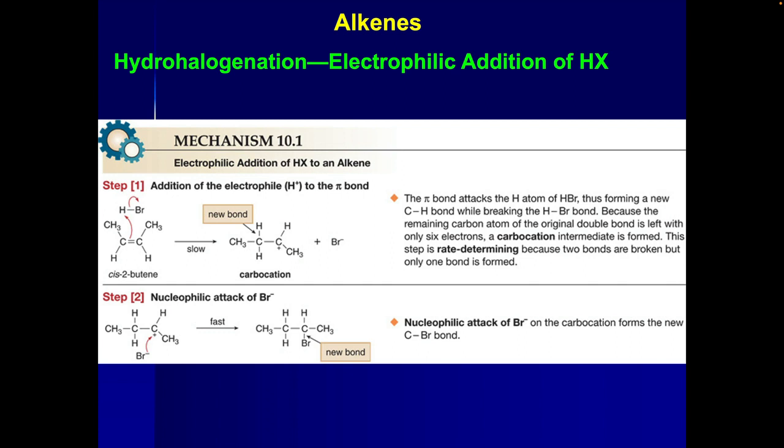And if I think about HBr, that's a polar bond, right? Bromine's pulling electrons to itself, so that puts what on hydrogen? Is this a polar covalent bond or a covalent bond? It's covalent, but it's polar, right? Because bromine's pulling electrons to itself. So this actually has a partial positive charge, this has a partial negative charge, it's got a dipole that goes in that direction. Okay? So my electrons from the pi bond